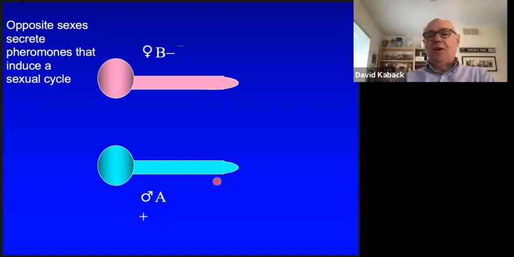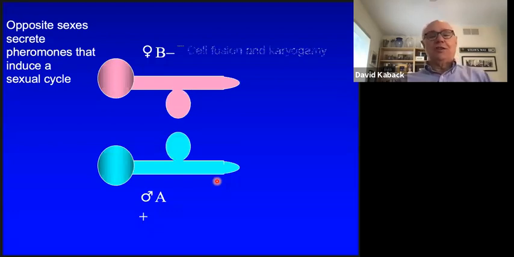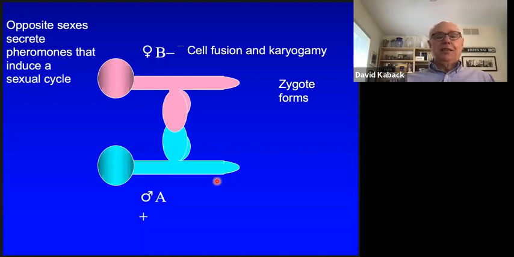They essentially say, hold on, put on the brakes and differentiate, because we're now going to mate. And that involves a RAS-dependent protein kinase chain of events where a RAS protein is signaled by this pheromone. The RAS protein releases a controlling factor that then goes and stimulates a bunch of protein kinases, that kinase a bunch of proteins, that kinase other protein kinases that ultimately go to the nucleus and send off a signal to differentiate. And that differentiation causes 2 cells usually to grow towards each other and ultimately fuse, shown here.